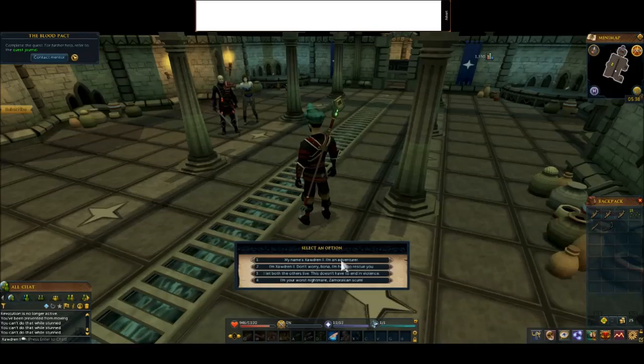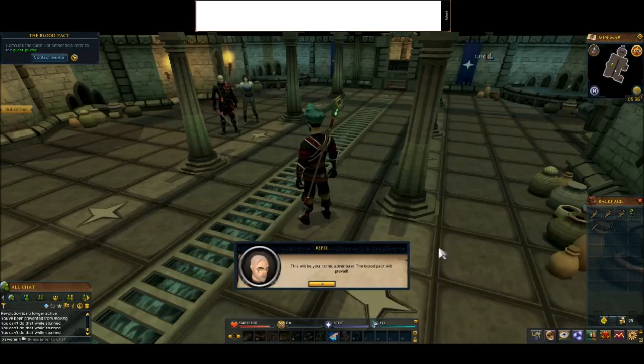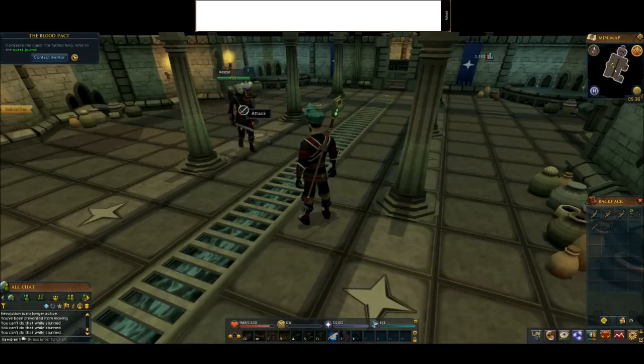Yeah, let's just go with the top. This will be your tomb, adventurer. The blood pact will prevail. Alright, let's just...